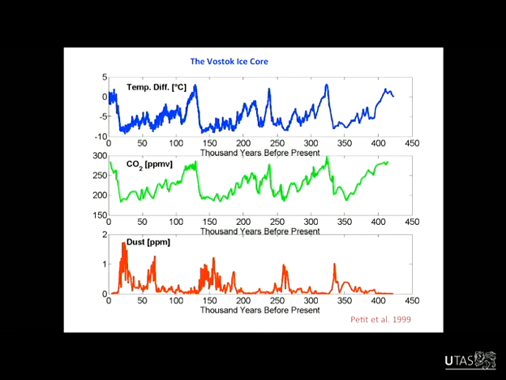Anyway, John Martin noted that at times in Earth's history when it was very dusty, there was also low CO2 in the atmosphere, and the Earth was cooler. And at times when there wasn't much dust, CO2 was higher and the Earth was warmer. So he was suggesting that this dust was acting as a source of iron. It was fertilizing the ocean. Phytoplankton were taking up those extra nutrients. They were also sucking CO2 out of the atmosphere, leading to a cooler, lower CO2 planet.